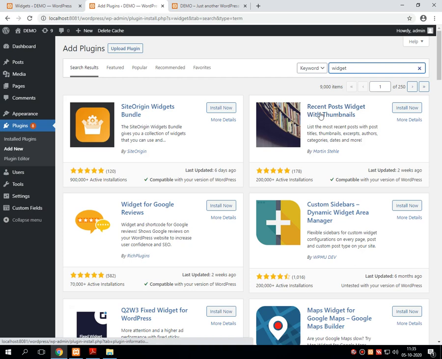I'm selecting this one because the rating of this particular widget is very high. There are 5 stars, so it is mostly used by many developers. So I'm just installing it and activating it.